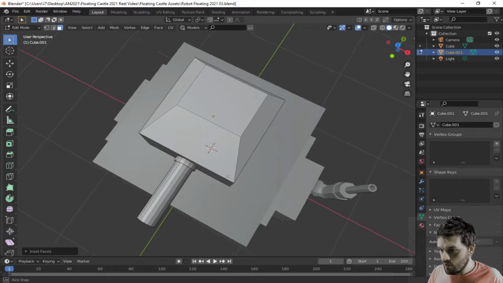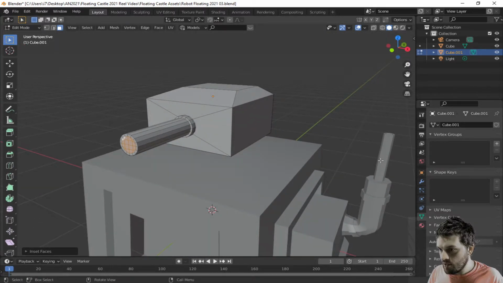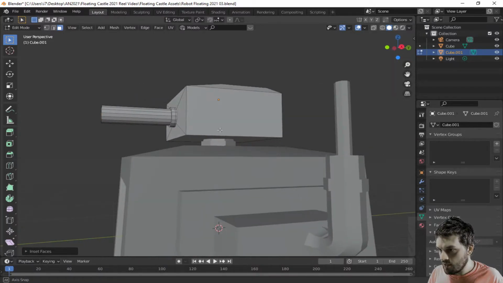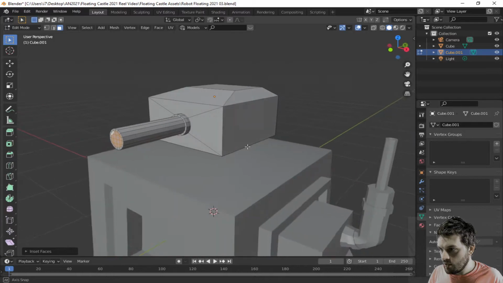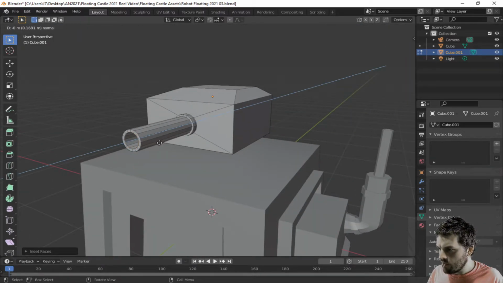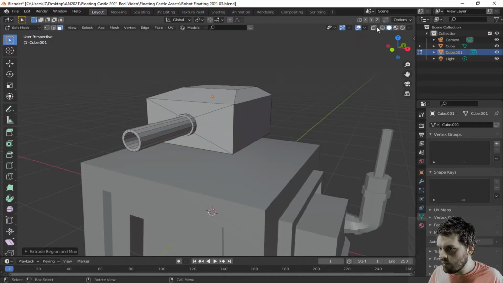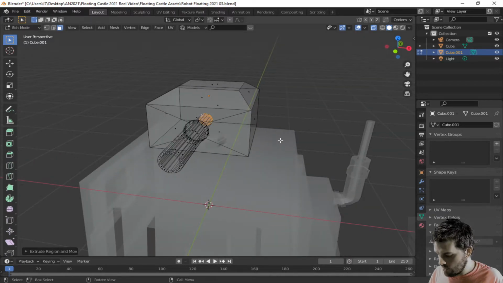It doesn't look like it's going to interfere with this. It looks way shorter, so I don't think that's going to be a problem whatsoever. And I'll test that in a little bit, but for now I'm going to extrude this all the way back. I'm going to check it out in the x-ray to see how far back it indeed goes,